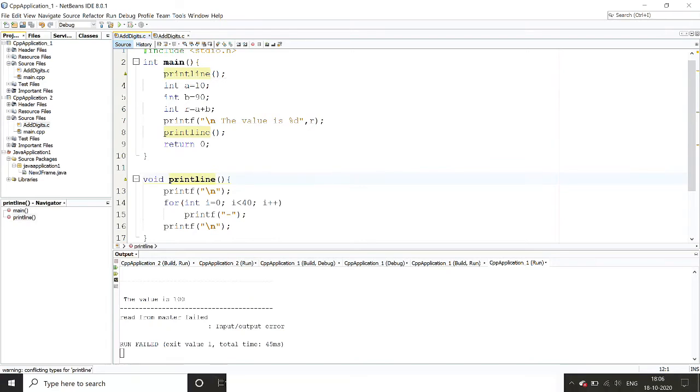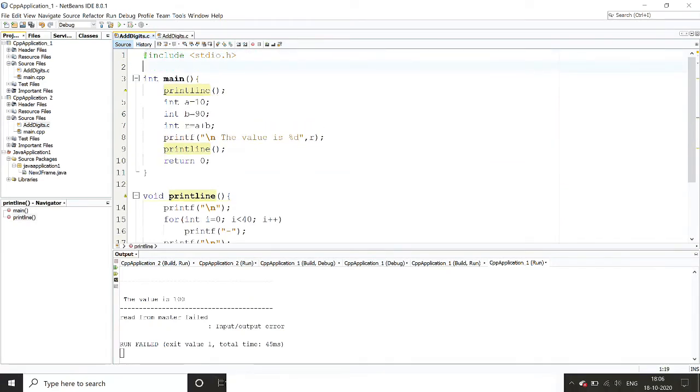So in this case, you have to declare the function also. You have to write void, then print line. If you write this, then it is perfectly normal for all compilers. So always remember this. Oh, sorry, this warning may be for some different reason. Conflict and print line.